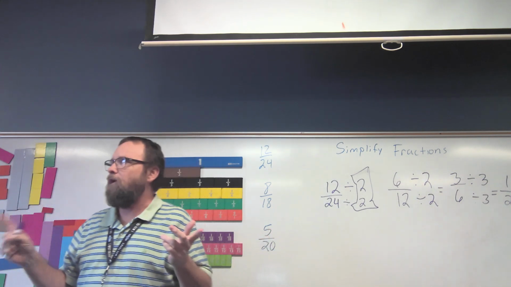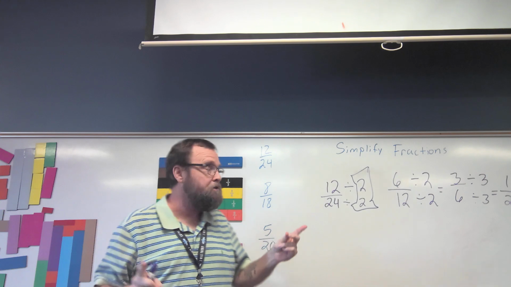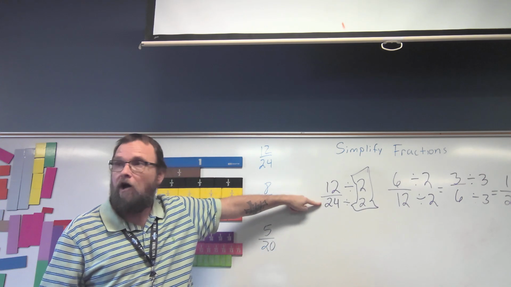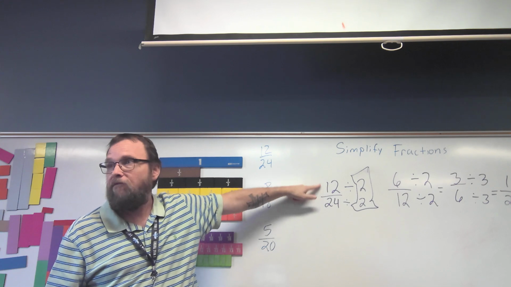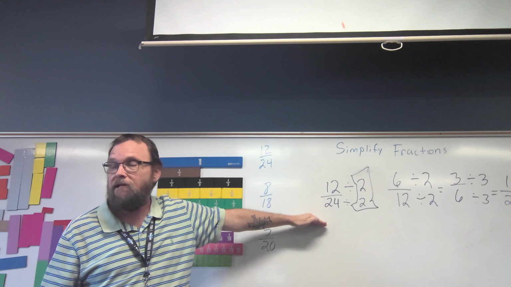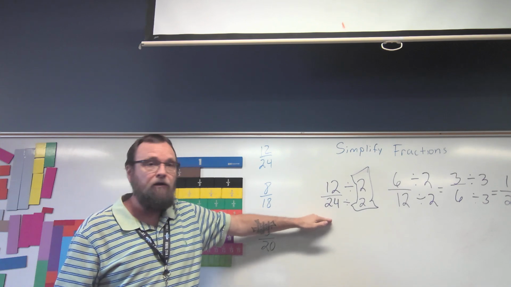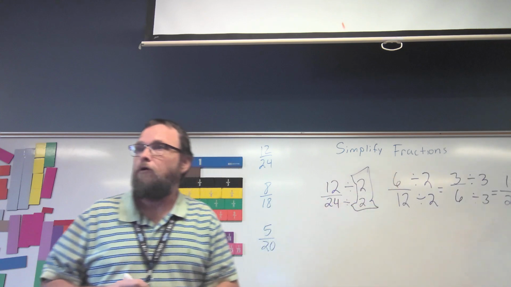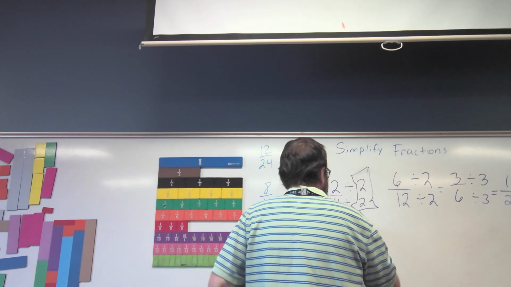Also, something you can think about, and you're going to see a lot of these types of fractions. If the numerator is half of the denominator, it's always going to simplify down to 1/2. So 8/16. 8 is half of 16. It's always going to simplify down to 1/2. So you could go through all those steps, but another way to look at it,